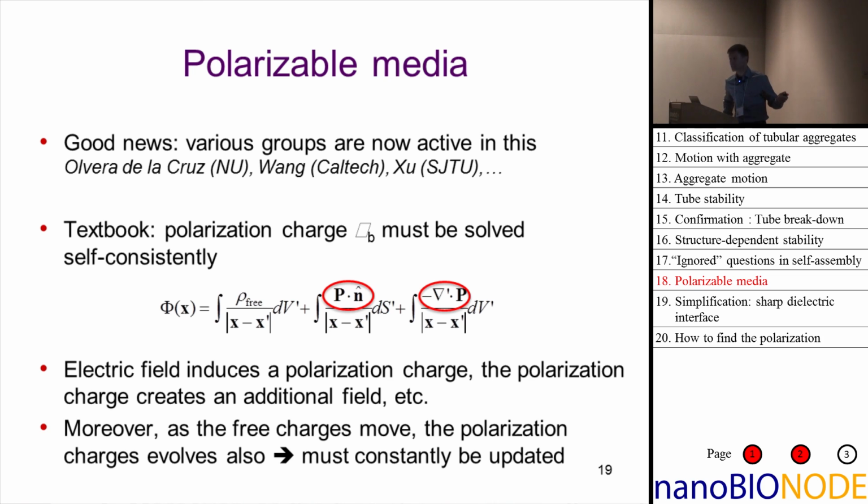The tricky part, obviously, is that the magnitude of P, the polarization field, depends on the potential. It's induced by the electric field. So this has to be computed self-consistently. And that makes it so time-consuming. What gets worse is that if these are dielectric objects, then the dielectric interfaces move around over time, and so you have to compute this over and over again. It's mind-bogglingly expensive. We can make things a little bit simpler by saying, well, let's assume that all materials have a dielectric constant, which is constant until it jumps to a different value. Then you go from three-dimensional problems to two-dimensional problems. This whole last term is gone.